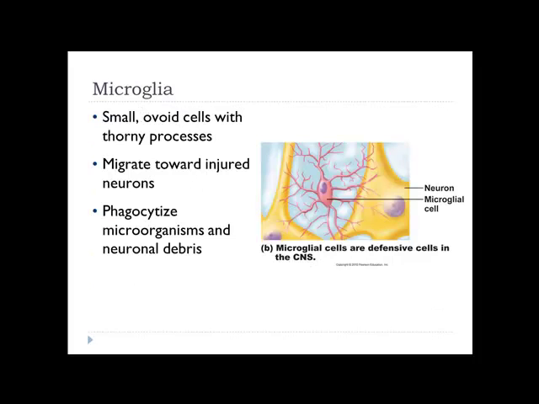Microglial cells are going to help with immunity in the nervous system. They will be around to phagocytize microorganisms and junk that is around. If there's ever an injury, they go over and help clean up all the junk caused by the injury. So if you break a piece of a nerve, they need to clean up all the injured tissue before you can put down new clean tissue.